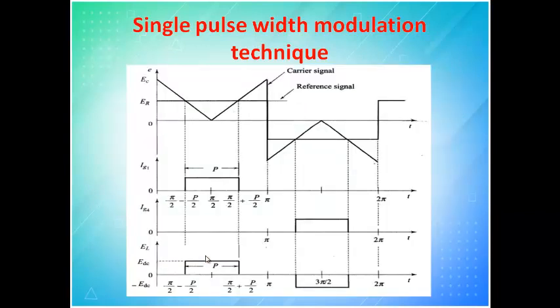So you can see here you have a reference and you have a carrier. This is to tell about T on. So this is how you have to understand and do your simulation in MATLAB. In MATLAB, when you want to do this, you have to take an inverted triangle. If in this inverted triangle I hit a DC line, and the DC line is increased further, then the pulse width will be more. If the DC line is less, the pulse width will be less. So this is how you have to do closed loop operation.